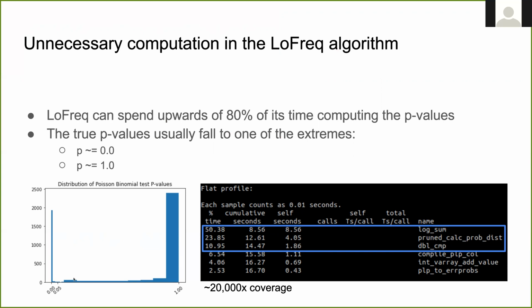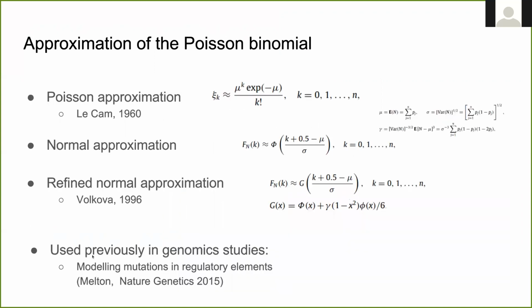And that led us down the path of believing that it's not necessary to calculate the exact p-value in most situations, as long as we have an approximate idea of which one of these extremes it falls at. So here are some examples of Poisson approximation formulas. We have the parameters here on the right, where the mean is just the sum of the p-values, and then some of the more complex parameters, such as the standard deviation and the variance. But fortunately, for our approximation we only need the mean.